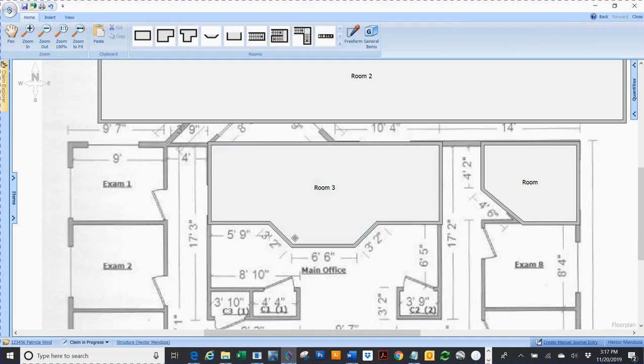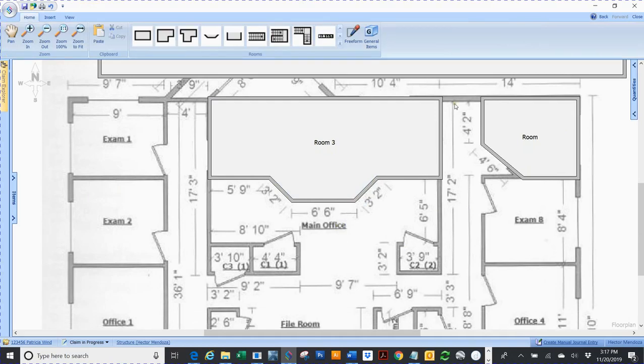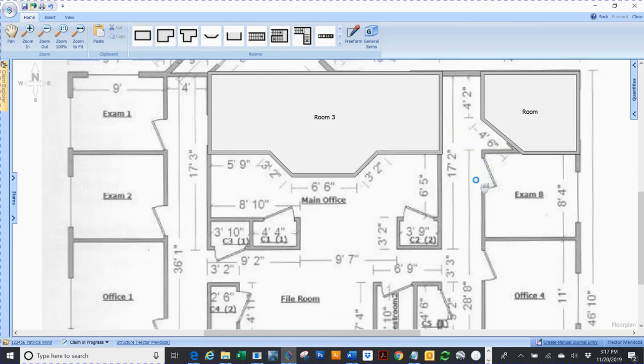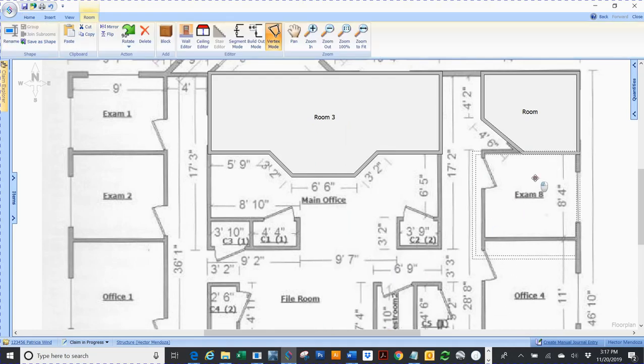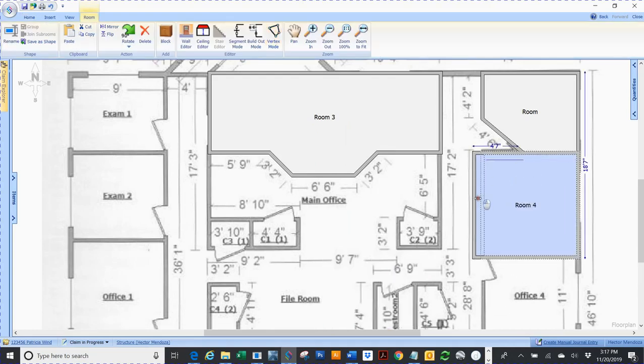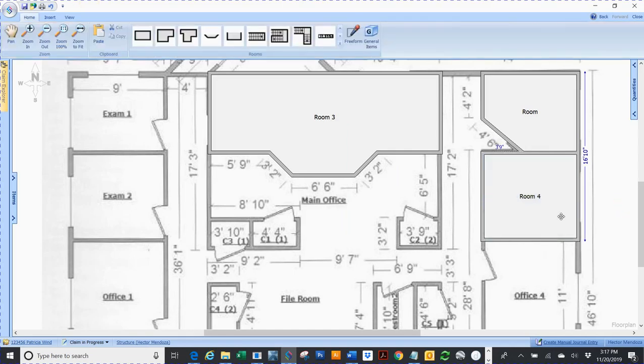Now from here, the next thing I want to do, because when I create this hall, I want to make sure that wall goes through there. And the easiest way to do that is I'm going to create another room. Click here. I'm going to snap to that left corner and make this room. Okay. Now the easiest way to create that hall would be